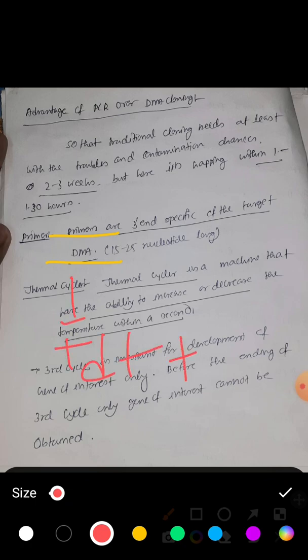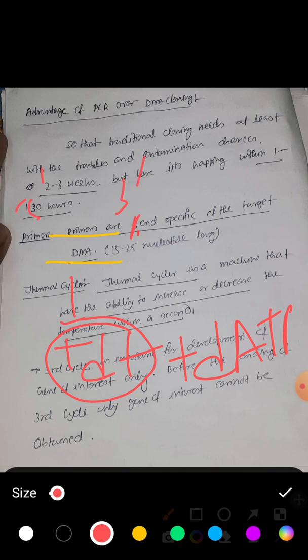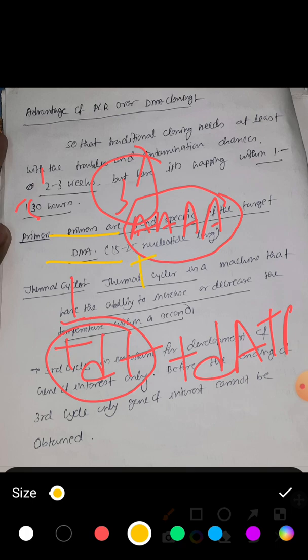If you add terminal deoxynucleotidyl transferase in the presence of dATP, it simply adds poly A nucleotides at the 3' end, template independently, right? Now on the basis of this AAAA, you can generate TTTT,